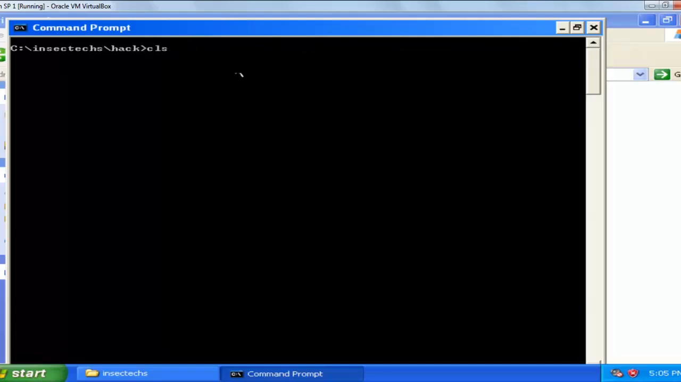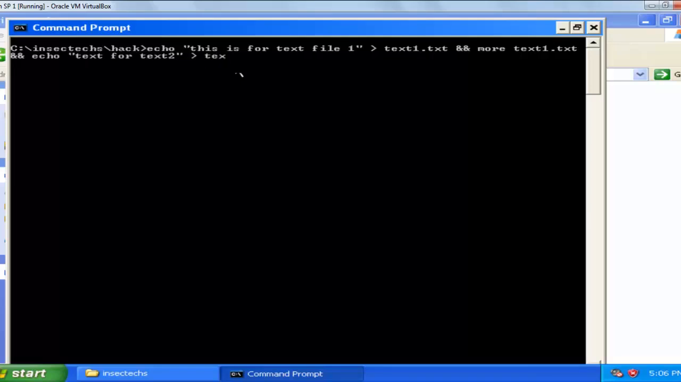So echo, this is for text file 1, give it to text1.txt and list out, print the content of text1.txt and give some other content to some other file which is text2.txt, and let's type ipconfig,